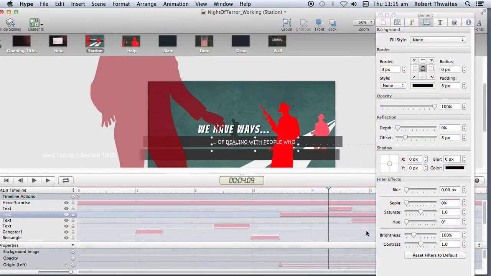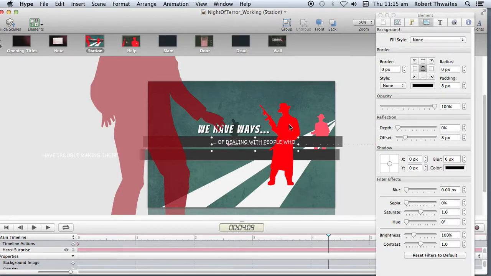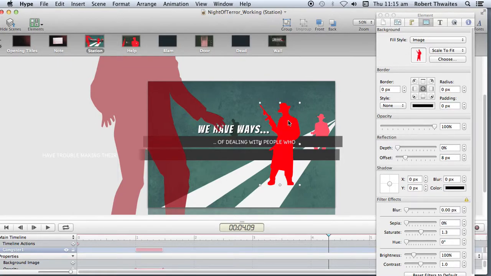A couple of screencasts ago, I talked about how animation is about changing the properties of an element over time to create the illusion of movement. The thing is, you can change the properties of an element without animating it. And that's quite useful in Hype because it means that you can create single elements and use them again and again throughout your project and make them look slightly different just by changing the color or the size or even